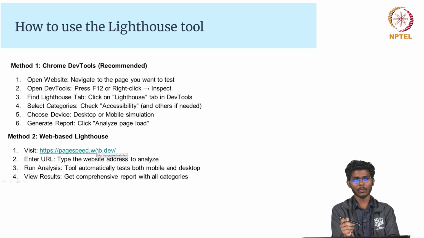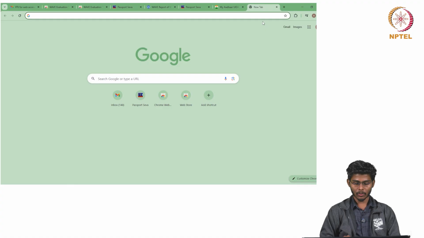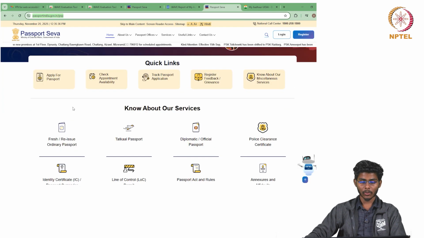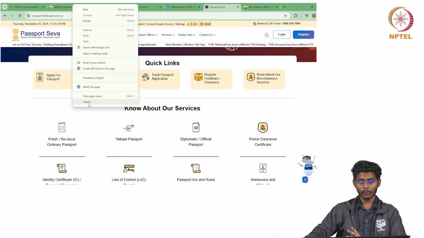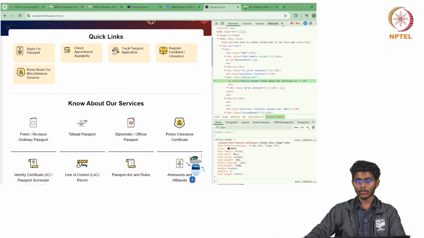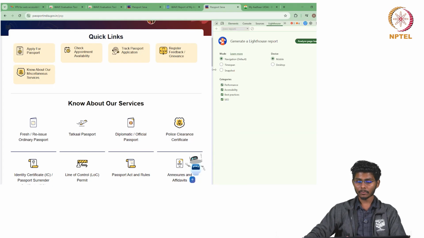We can also install this as an extension, similar to the WAVE tool, and let me show you a demo of how to use the Google Lighthouse tool. For example, on the same Passport Seva website, when we go into the inspect section of the website, Lighthouse is implemented by default by Google.